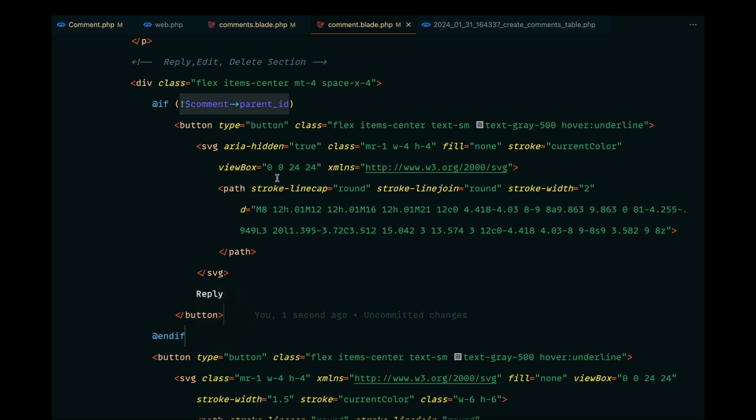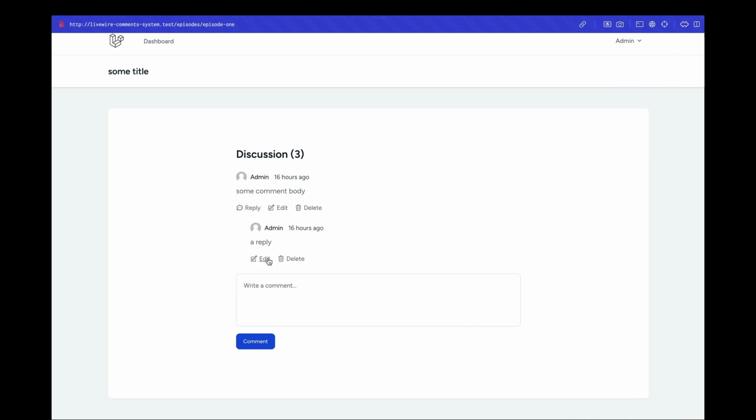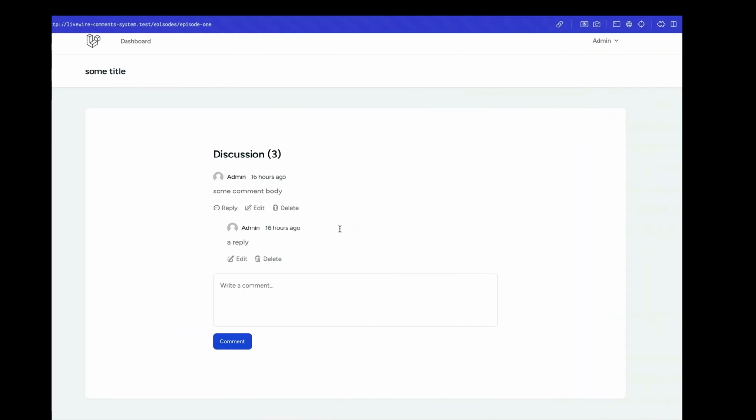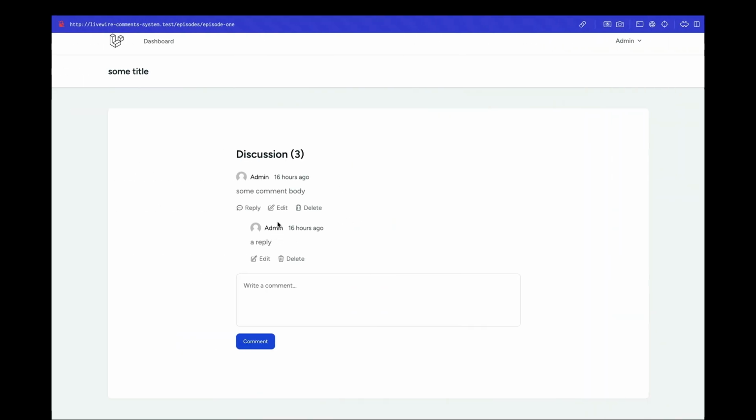on a reply. So if we reload, then as you can see, we can only edit and delete the reply, but we can reply, edit, and delete the main comment. So yeah, this looks good. We have finally implemented displaying the replies related data, and let's give this proper testing by inserting